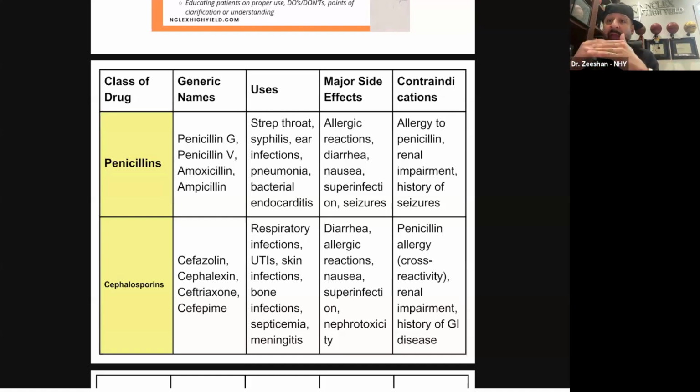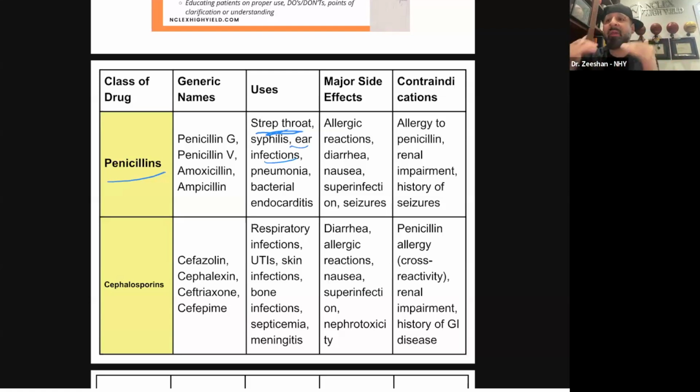And again, I'm going from the highest yield to the lowest yield. So our first one is penicillins. Penicillin G, penicillin V, amoxicillin, ampicillin. Again, they all end in cillin. So what are they going to cover? Well, they're broad spectrum. They're our first go-to when a kid gets an ear infection or strep throat. Think about where we start in pediatrics. We always start with penicillin or amoxicillin. Remember the pink bubble gum flavored one that we put in the fridge? Everybody remember that one? So that's where we start.